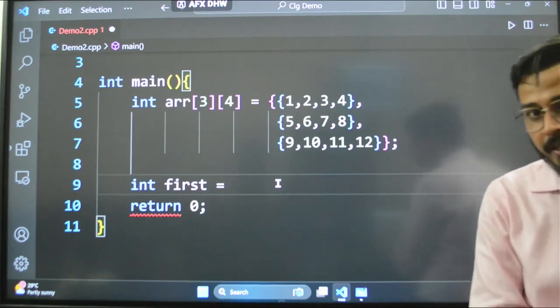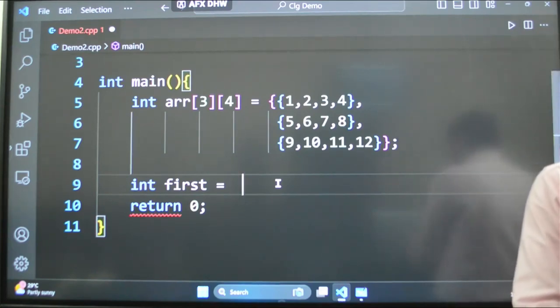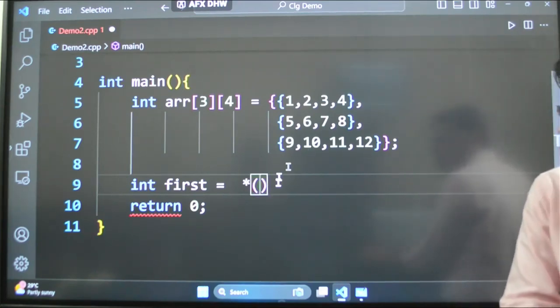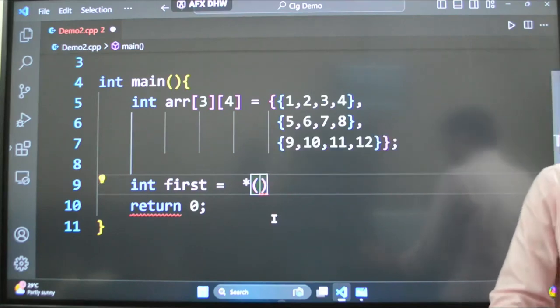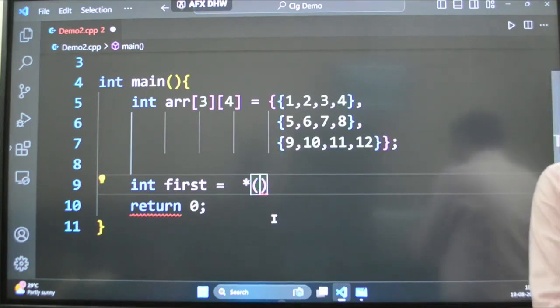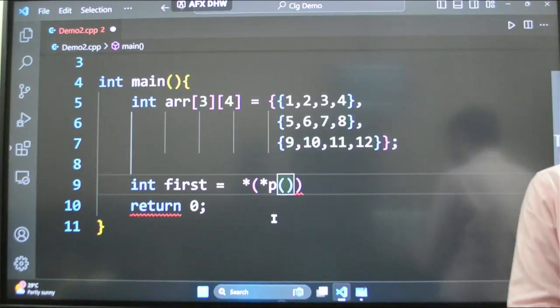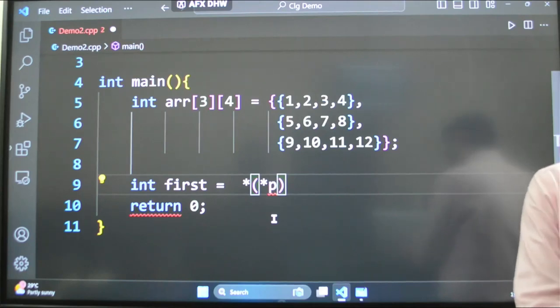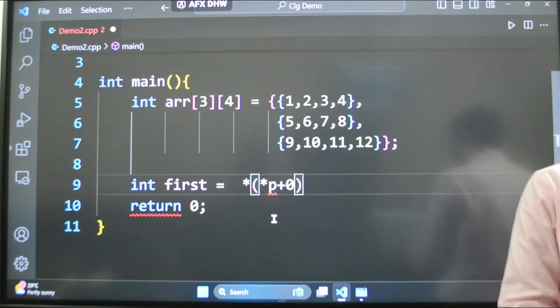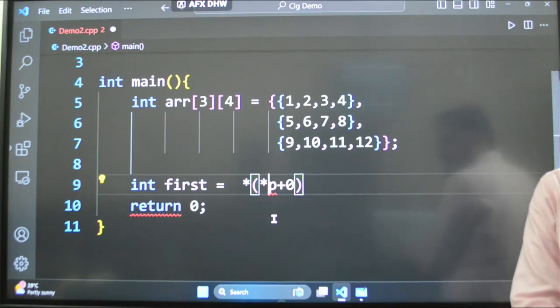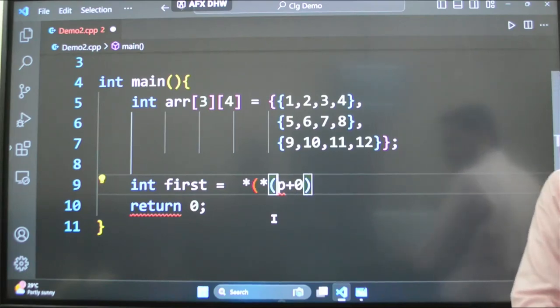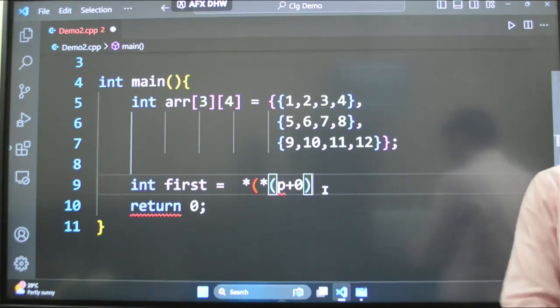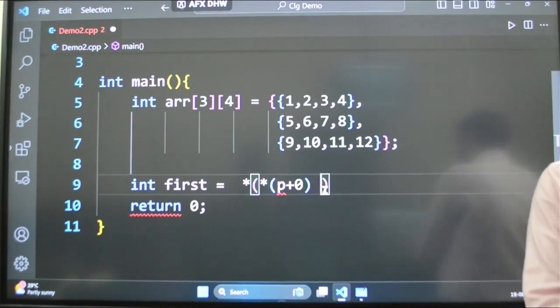Int first, I would say star of star p plus 0. This would be in one thing, okay, and I would say plus 0.